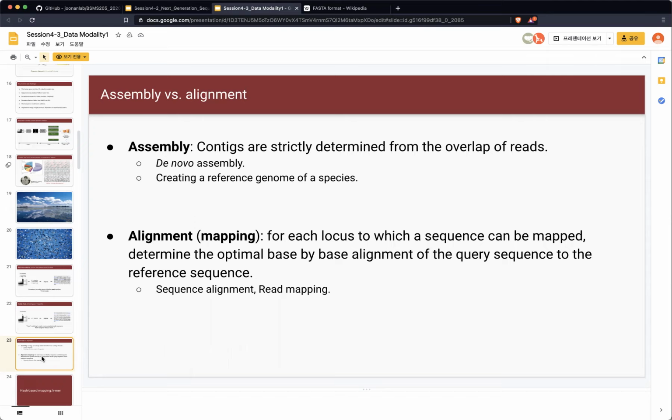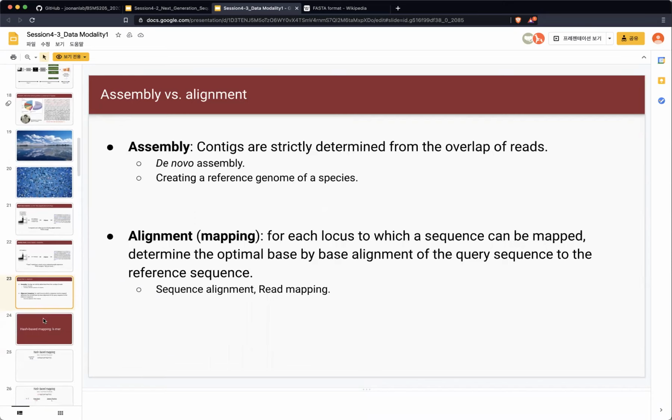In that case, how can we know this information? Because we know the reference genome, we can do a quick alignment and compare the DNA sequence information. So that's why assembly and alignment are both important, but in the situation where we know the reference genome, we can go with the alignment, right? Okay,